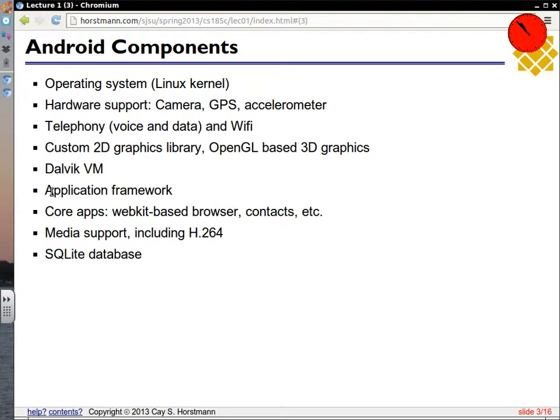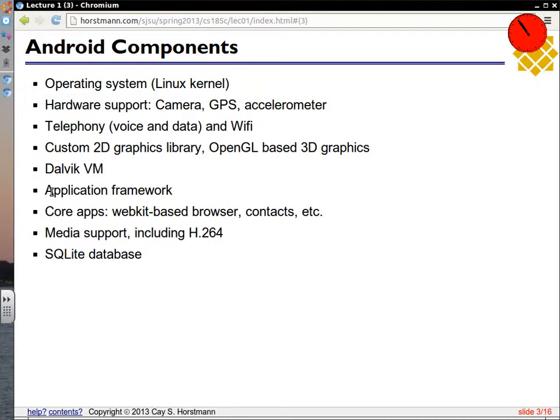There's an application framework written in Java that is different from any other application framework that exists anywhere else, so we just have to learn it. And there are core apps that come with every phone. There's a browser, for example, and a contact list. And so it's possible, and in fact desirable, for our own apps to interact with the core apps that you find on the phone. For example, it's possible to browse the list of contacts, provided that the user has given you permission, and use that in an app in some way. If it's a game, for example, then you can pick up the photo of the other player if that happens to be available, and so on.